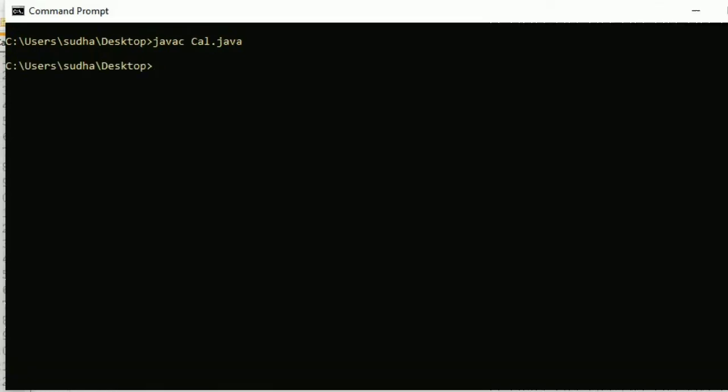So if you are using versions from Java 11, then applet viewer will not work for you. So you have to launch it using the other method, which is a Java enabled web browser, to launch your applet. So now I'll be using applet viewer. So appletviewer and then cal.java.